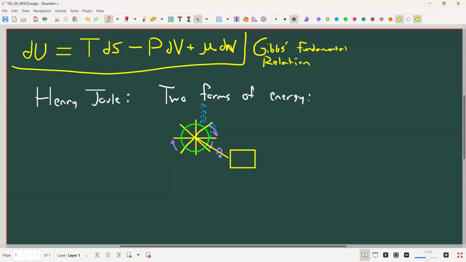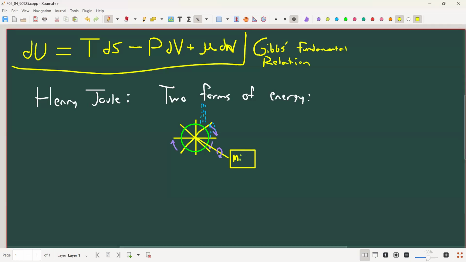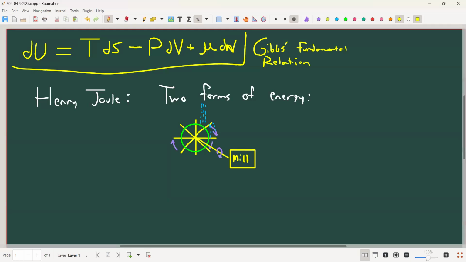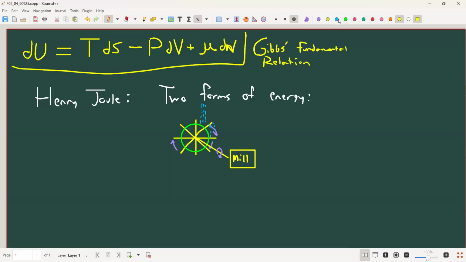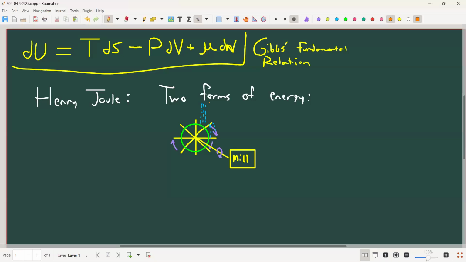Like a mill, right? You're milling flour and you're using the grinder as being driven by the motion of this wheel. Right? So there's some energy being transferred in some sense from this water through the wheel and into the mill to drive the mill. Right? So Joule notices again that you have